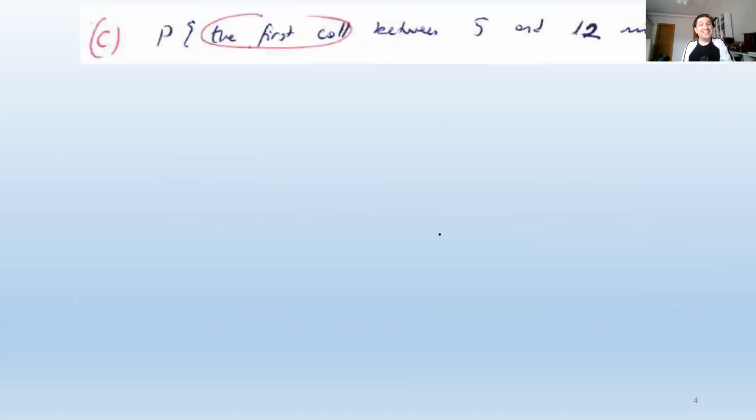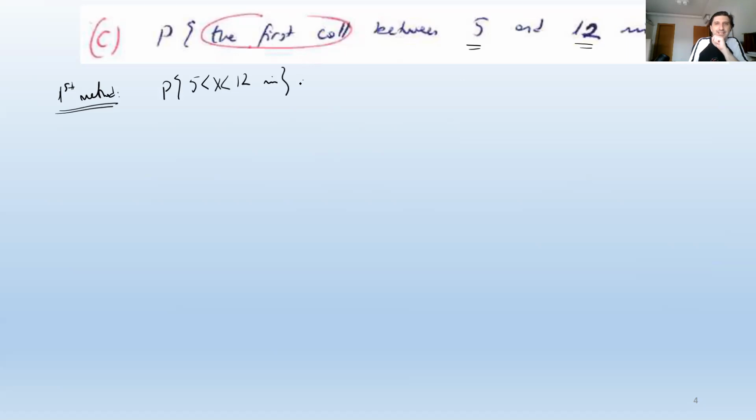Now, let's continue: the next call between 5 and 12 minutes. For this question, I'm going to be using two methods. The first one is probably the method that seems easier to you, but try to understand the second one also, because the second one is going to be much more informative in handling and understanding the exponential distribution, and for finding results for other questions also. So it says the first call between 5 and 12. Well, probably what you would do is,